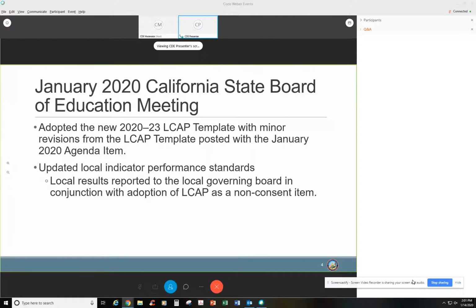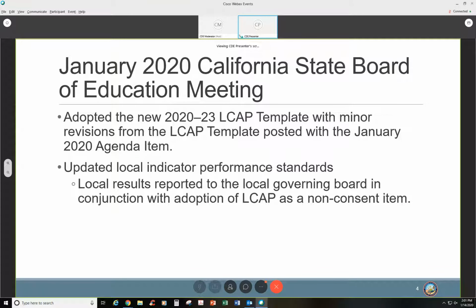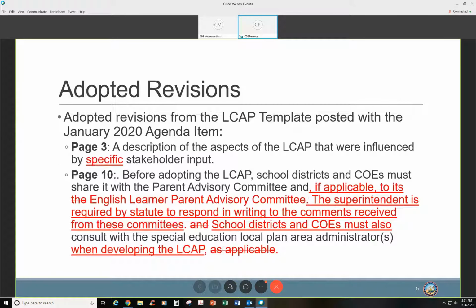Also, another action that the board took was to update the local indicator of performance standards. The major change with that is that the local indicators and the data collected must be reported to the local governing board in conjunction with the adoption of the LCAP, and it would be done so as a non-consent item.